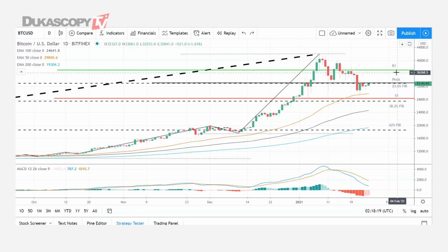So barring an extended crypto rally through the week, expect that first major resistance level and last week's high that was 37,936.6 to cap any upside. In the event of an extended rally through the week, expect Bitcoin to test the all-time high and swing high 41,969 before any pullback. Failure to move through the 23.6% fib and the pivot would bring the first major support